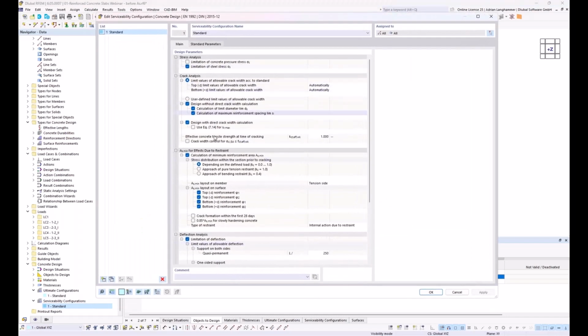It's quite similar. I have settings regarding the SLS design checks or the SLS calculation. Here I would like to turn off the steel stress analysis because it's not necessary in each case. I will also adapt the setting for the stress distribution for the effects due to restraint. So I will use bending restraint because I know I have a slab, and the program has some automatism